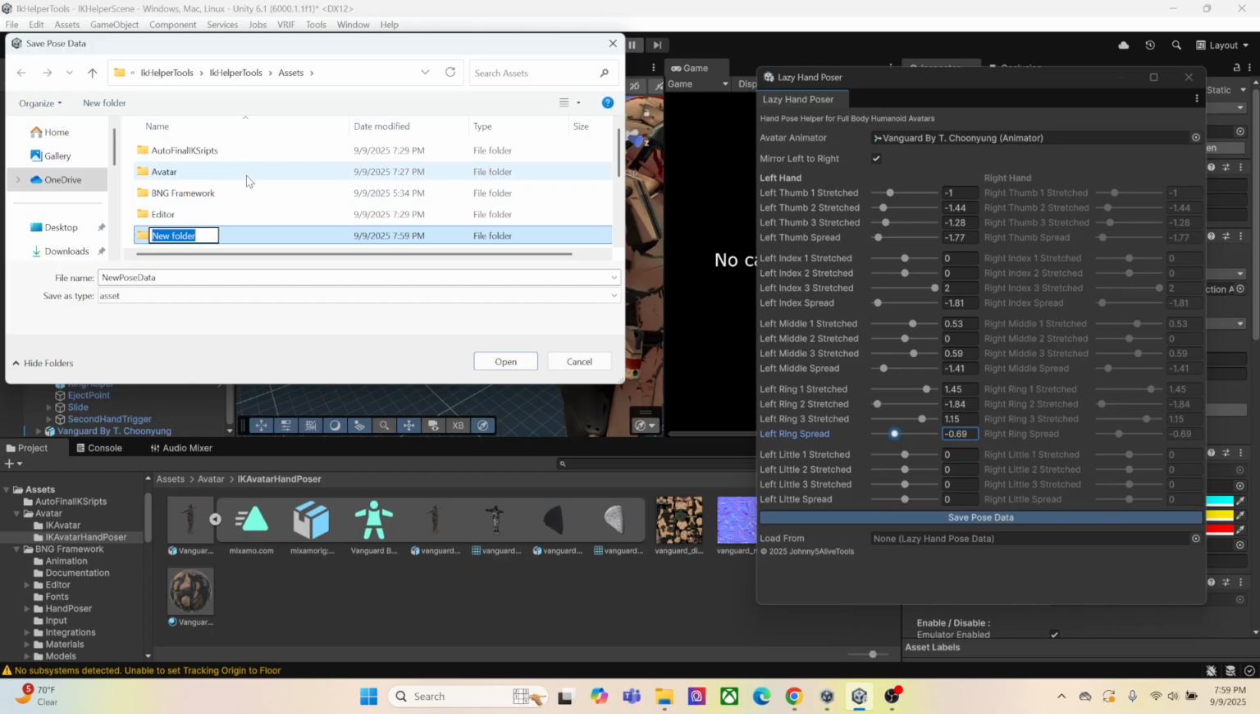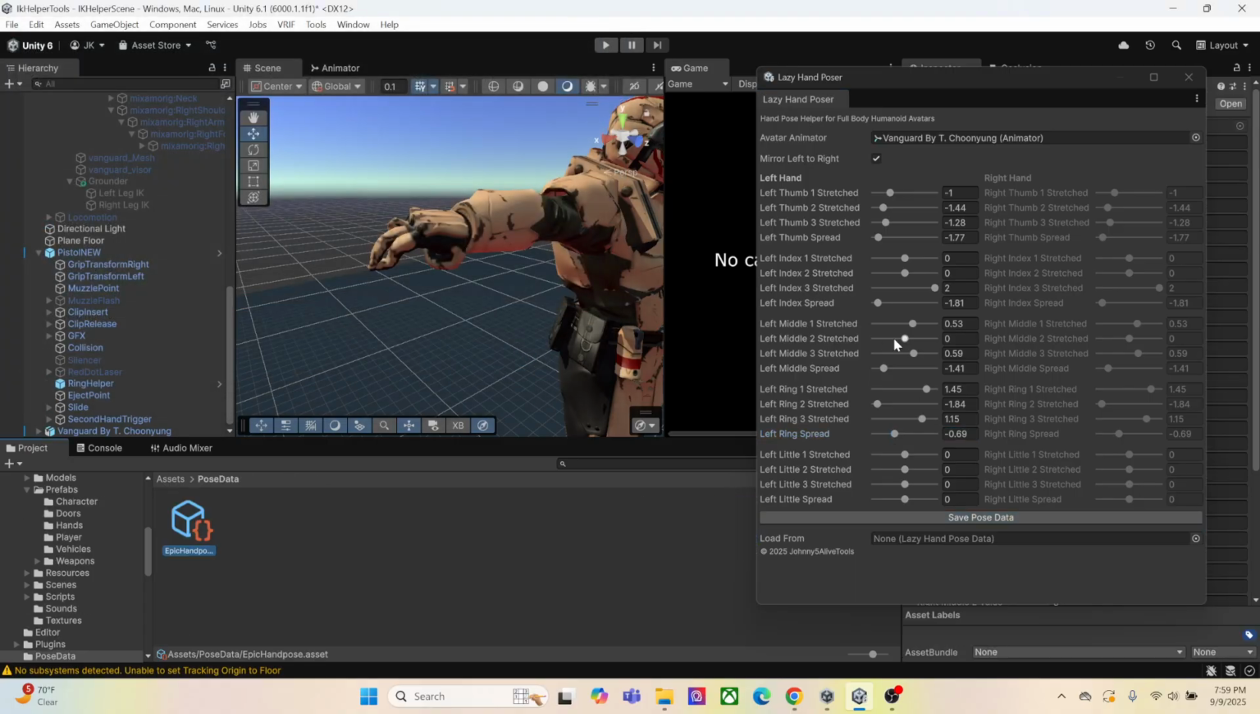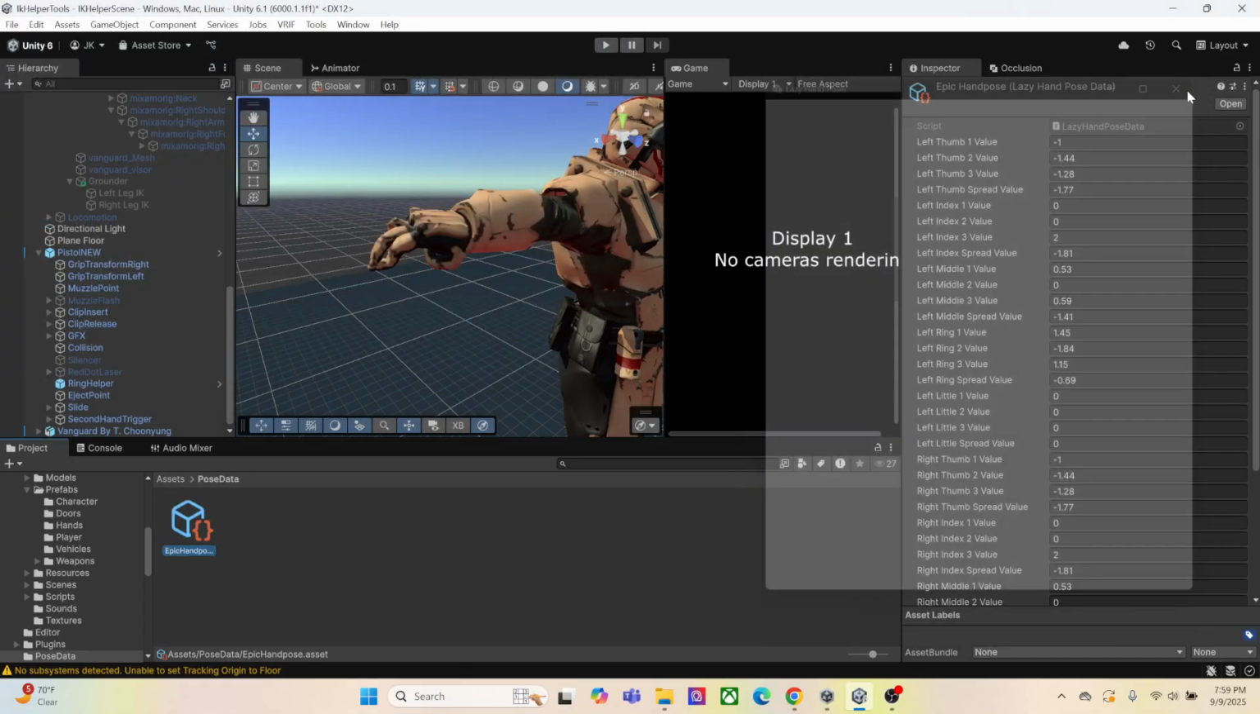I can create a new folder called Pose Data. And I could save this data as like, epic hand pose and then save it. So now when I come back in,